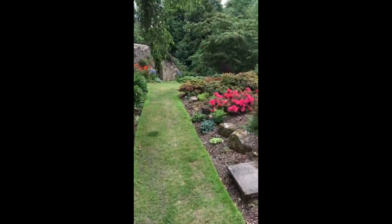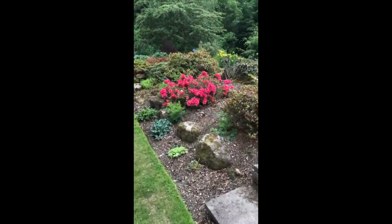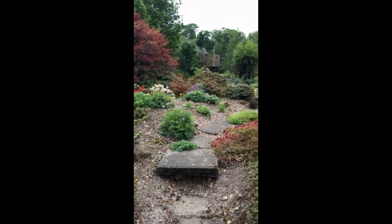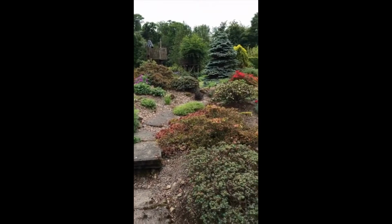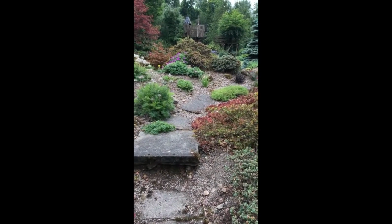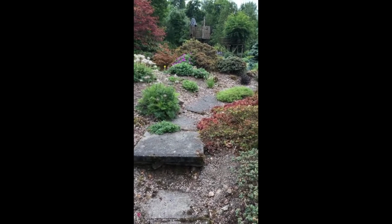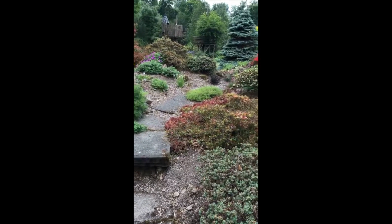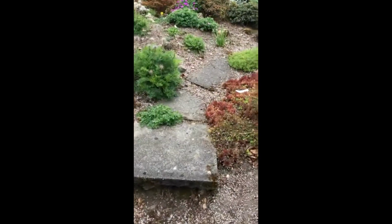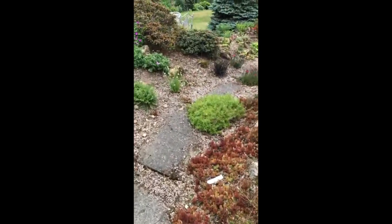The rockery is not at its best at this time of year. There's a few azaleas, a few really nice low-growing geraniums, but generally speaking the bulbs and so on come out in the early part of the year, very much a spring rockery. Many of the rhododendrons unfortunately were damaged by late frost and east wind,